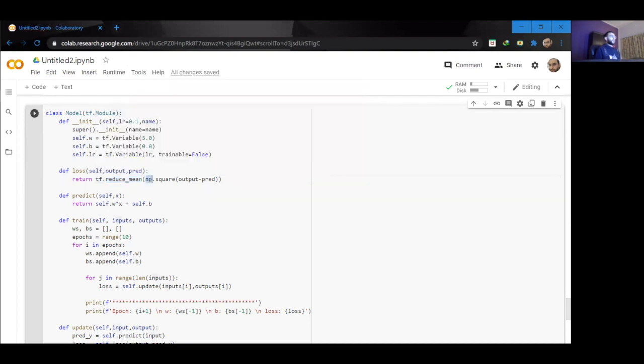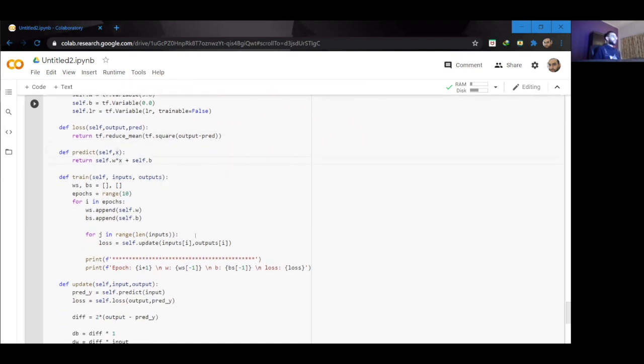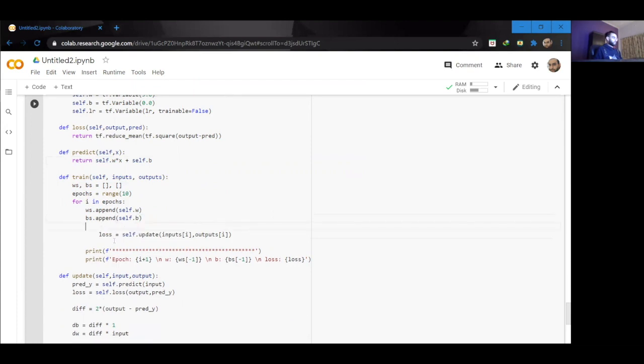Over here, I'm going to say tf.square instead of numpy.square. And next, we need to remove this part over here. Instead of passing single values, we are going to pass all the values at the same time.